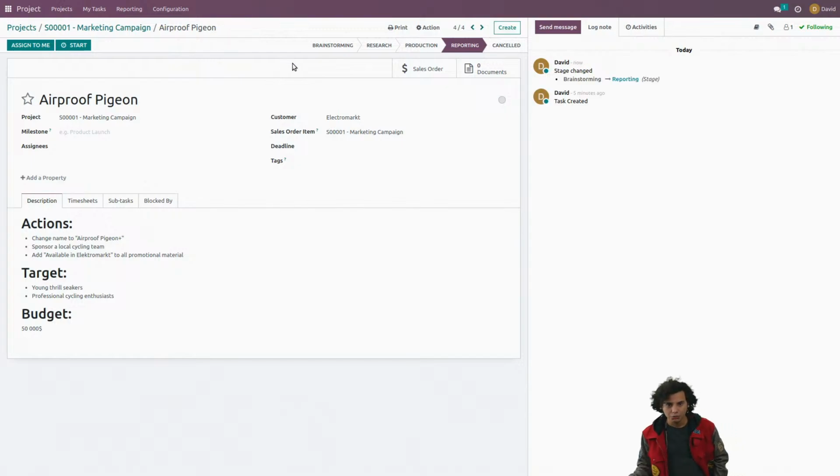And normally I would ask my partner, Electromart, whether it's good for them or not. But the problem is that Electromart is not a real company with real people. It's a fake company with fake people. Instead of asking them, I'm gonna ask you. So far, I have absolutely led this demo. It has been only my decisions, my actions that have had an effect over the demonstration, but now it's your chance. So I want you to decide